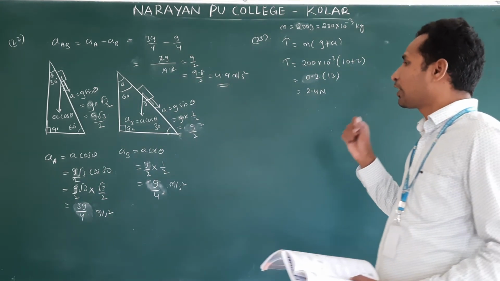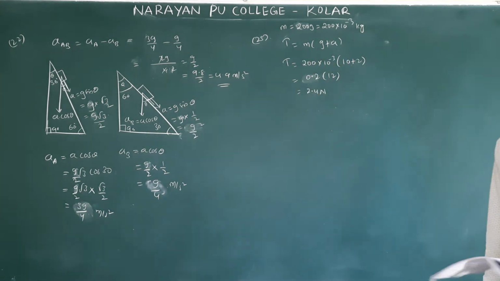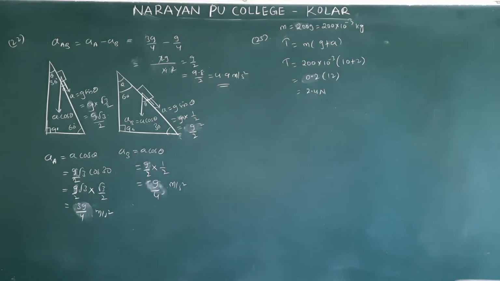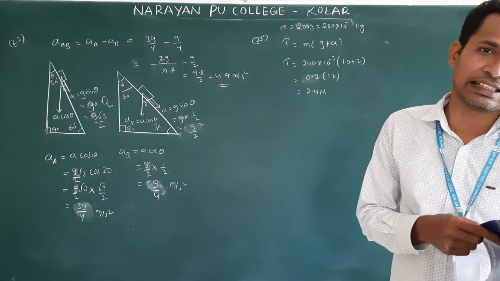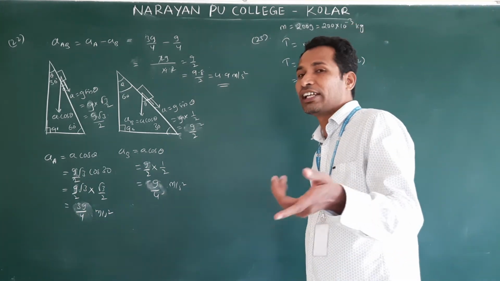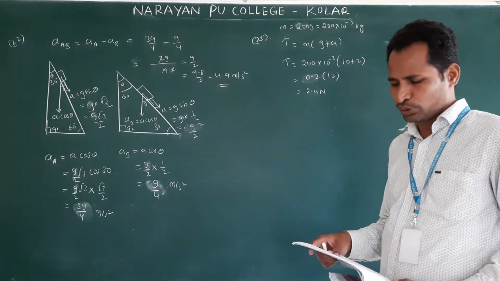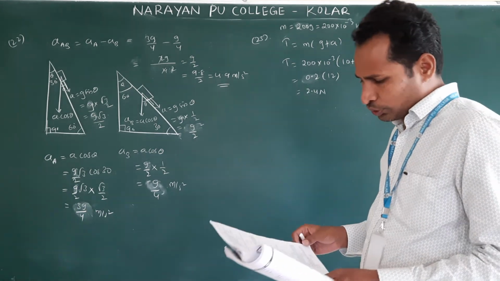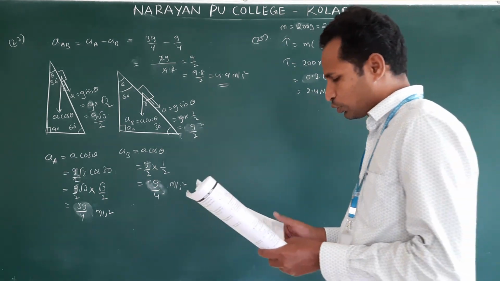Now sir, how do you know the G value, 9.8 or 10? In some questions you substitute 10, in some questions you substitute 9.8. In this book they did not mention it, but in the examination they will mention clearly what to take for G, 10 or 9.8. This is our practice book, so don't worry about the G value. They will provide it in the question.